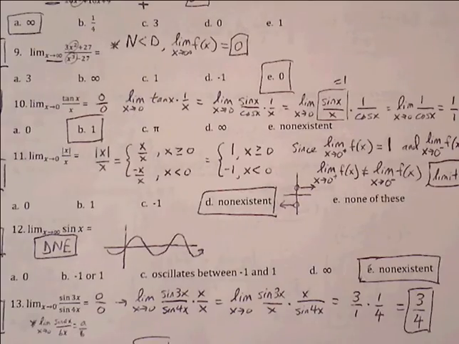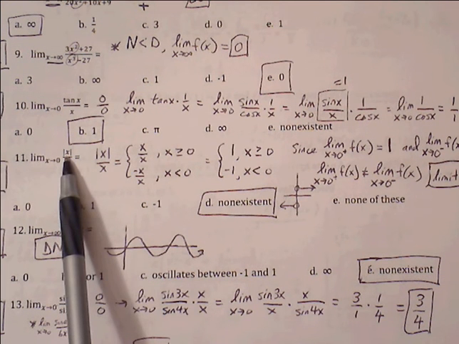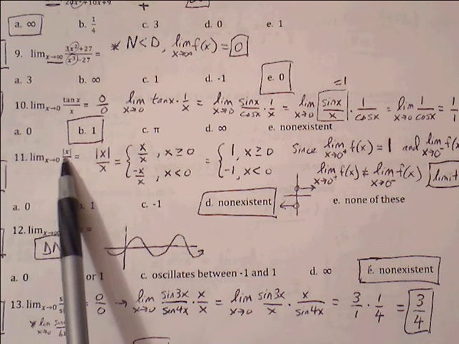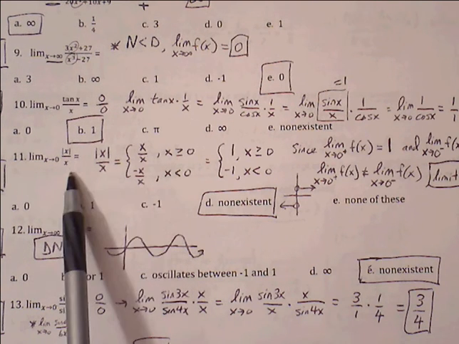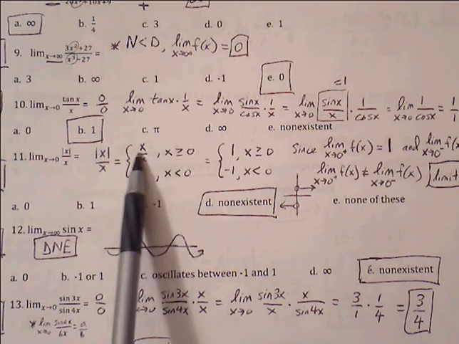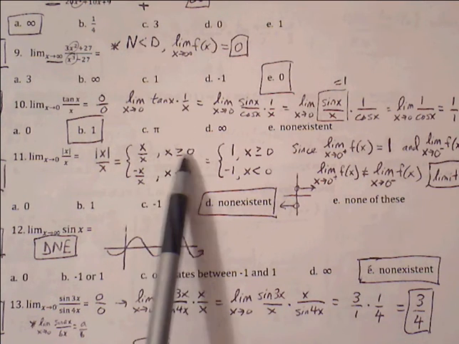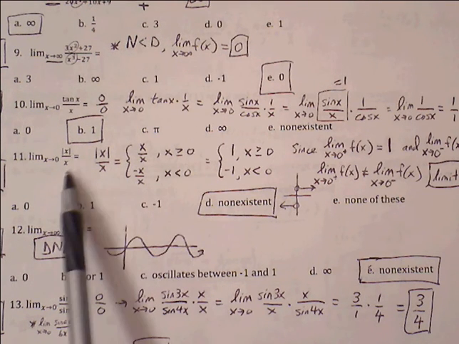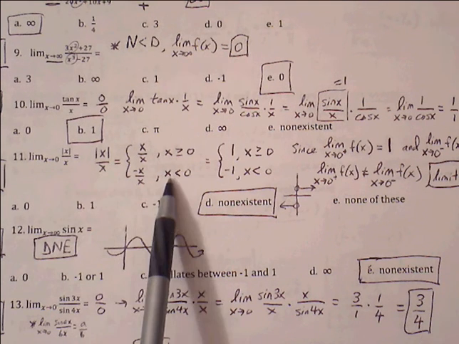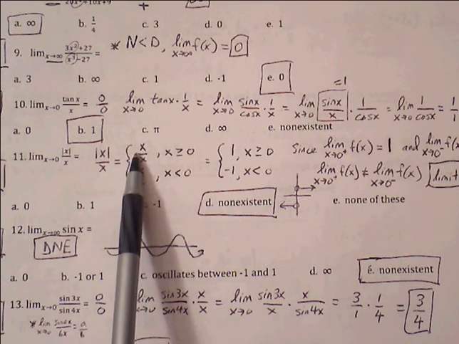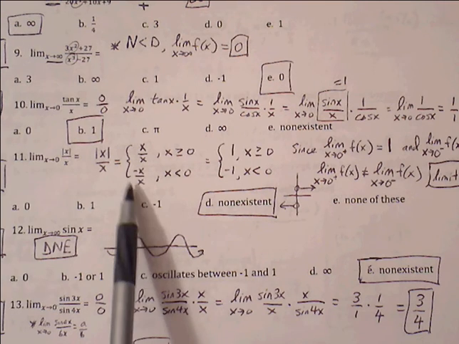Number 11, limit as x approaches 0 of absolute value of x over x. Whenever you see an absolute value function, you can always think of this as a piecewise function. So there's a positive form of this, which is positive x over x. The denominator is not going to change, where x is to the right of 0. Okay? And then we also have the negative version of this absolute value function, which is going to exist to the left of 0. So x over x is going to be 1,